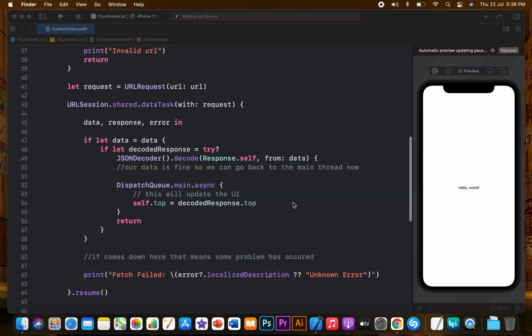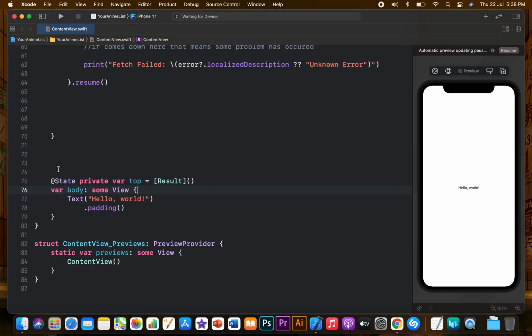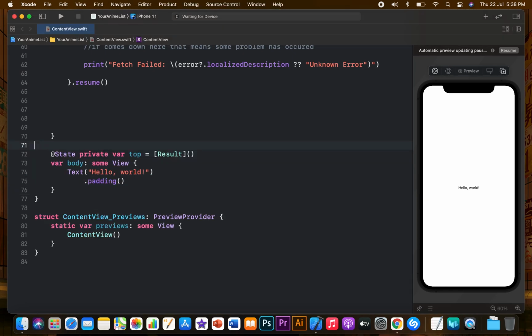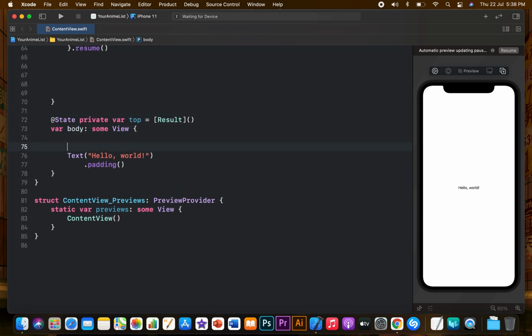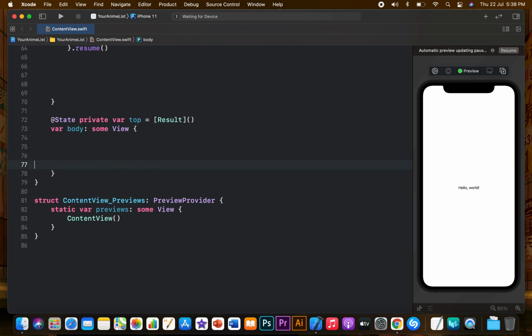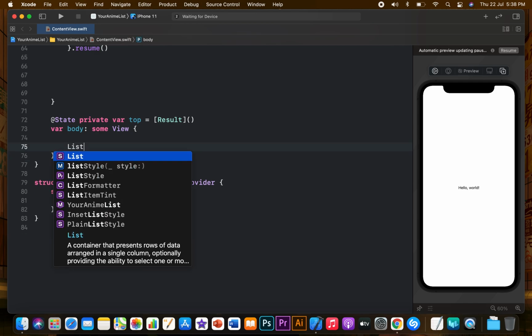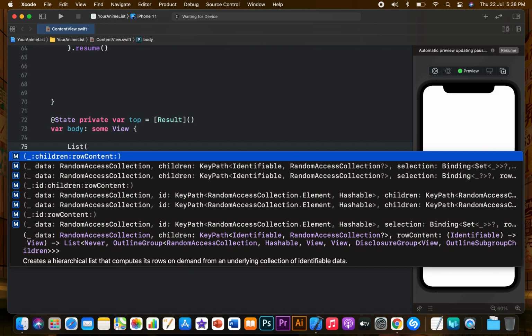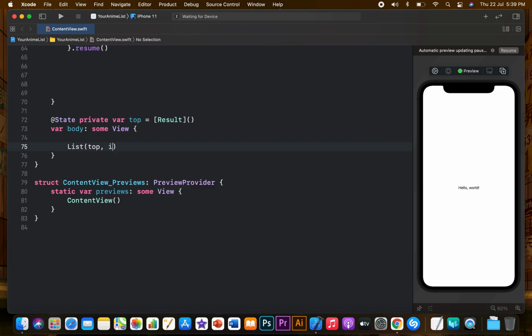So now that we have written the function which would actually decode the data, let's go about creating the UI of the application. Since the data is being decoded and we have created an instance of the top value that we created inside our structure, let's just delete this for now, and we would have to create a list view for this, because list view makes all the stuff really easy to use, for